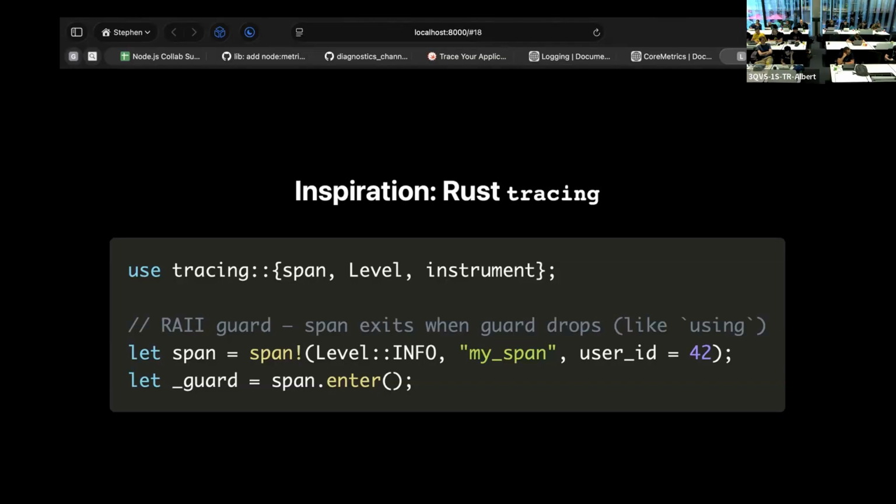OpenTelemetry was established in 2019, and the Trace API was stable since 2021 probably, and Metrics in 2023 also. And you can see that there is non-trivial work in OpenTelemetry to make the vendor neutral work stable. And this API in other languages was mostly from the pre-OpenTelemetry era. So I don't think in Node.js right now,